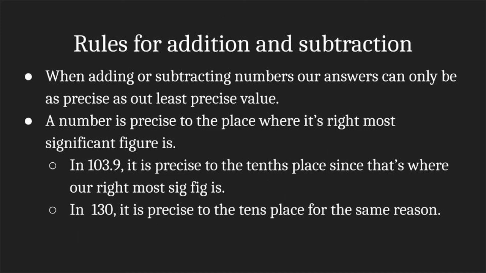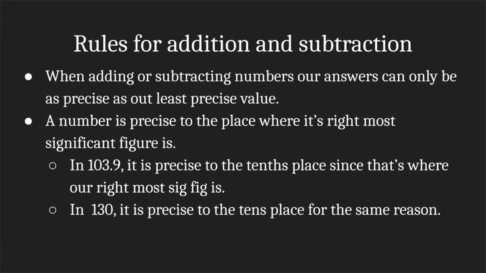Now with that out of the way, what are the rules for addition and subtraction? So when we add or subtract our numbers, our answer can only be as precise as our least precise value. And a number is precise to the place where its rightmost significant figure is. So in 103.9, it is precise to the tenths place, since that 9 is significant and it's the rightmost significant figure. In 130, it is precise to the tens place for the same reason. Now, if we were to add these, we would have to round to the tens place, because 130 is our